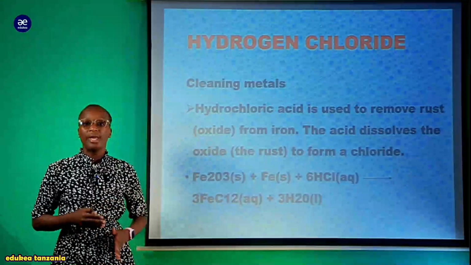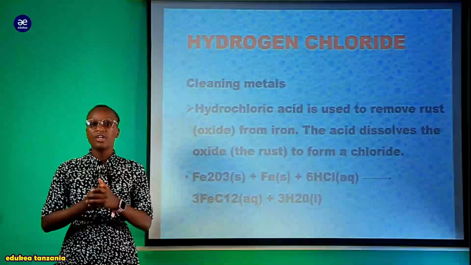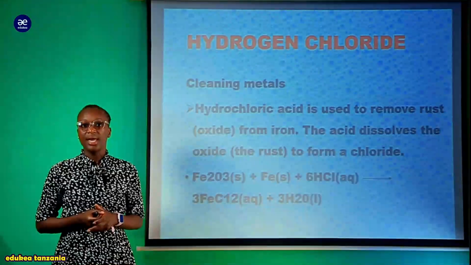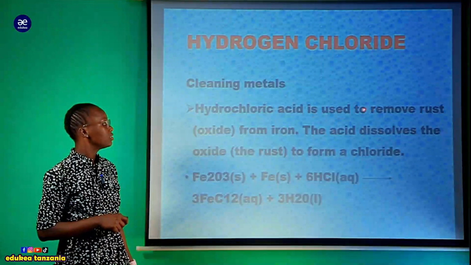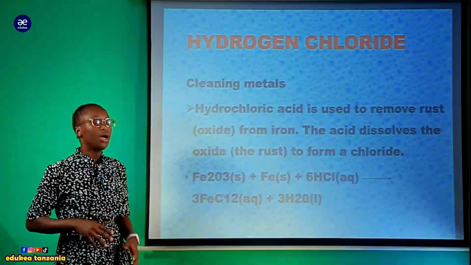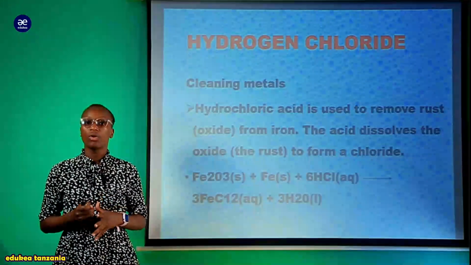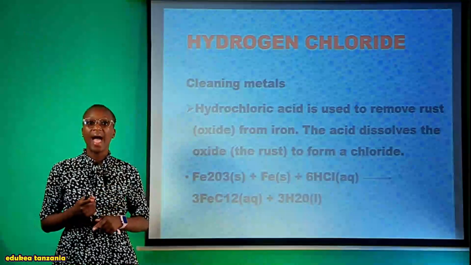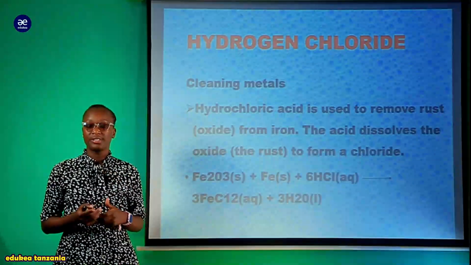Now another use is cleaning methods. Kwamba hii hydrochloric acid or the hydrogen chloride gas inatumika katika cleaning methods. Cleaning methods how? Now, hydrochloric acid is used to remove the rusty oxides from irons. Kumbe yenyewe inatumika ku remove the rust from the irons. What does it mean? Tunajua kwamba irons are those substances which are made up of steel materials. For example, tuna